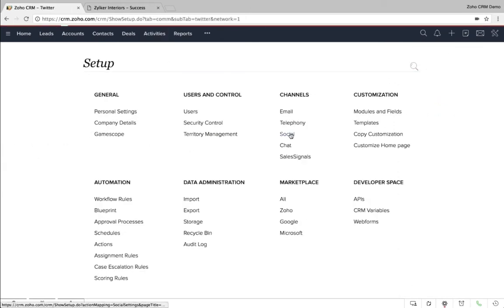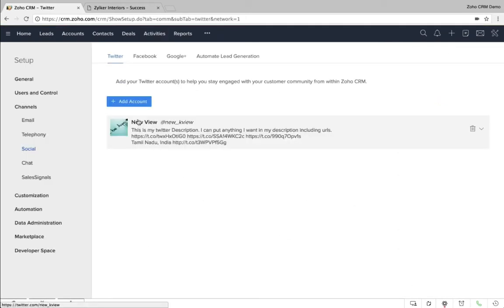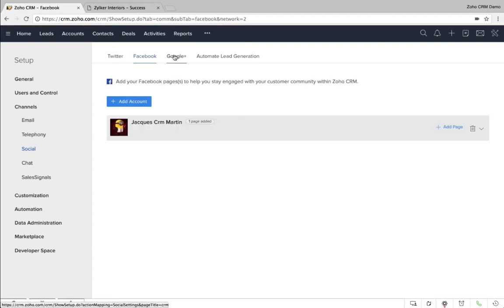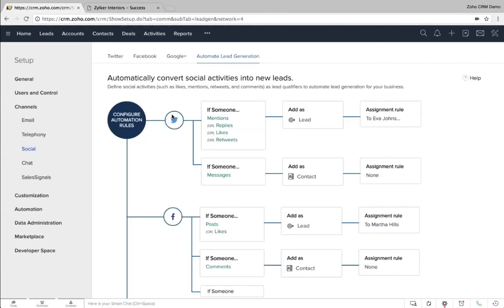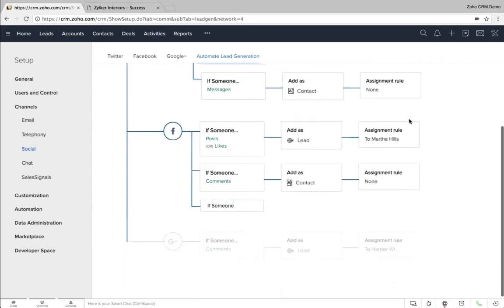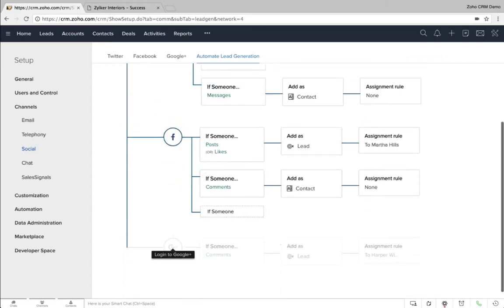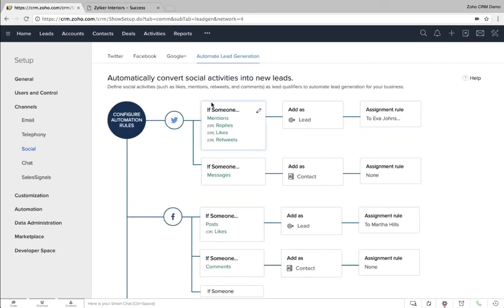Under channels we have social. Here you will be configuring your Twitter, Facebook account, Google Plus, and all. And also we have automated lead generation. For your Twitter, Facebook, and Google Plus, if someone mentions or replies, you can choose to add them as a lead or a contact and assign to which user. And the same for Facebook and the same for Google Plus. Assume that you have configured all your accounts here. What if someone posts, messages, or gives us a like? How can you